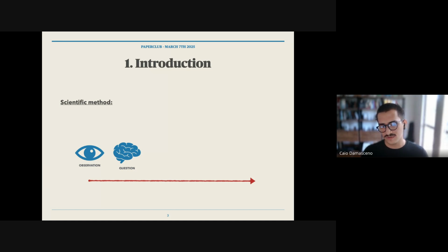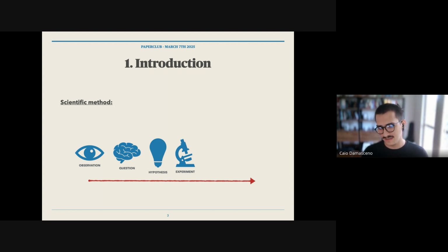And after those questions, we have the hypothesis. That is, we make a guess of a response for the questions we have. And to test those hypotheses, we can make experiments. We can test nature in a controlled manner, intentionally, for us to check if our guess to respond to the question is correct.